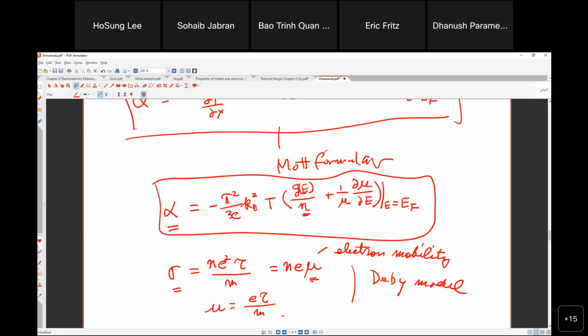But the electron, it could be holes in p type, n type is electron, is inversely proportional. So many electrons do not help to have a high Seebeck coefficient. Holes are good, but fewer electrons. Mobility is a little complicated, but